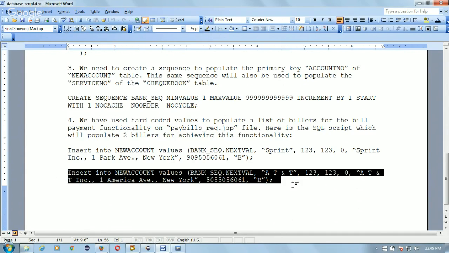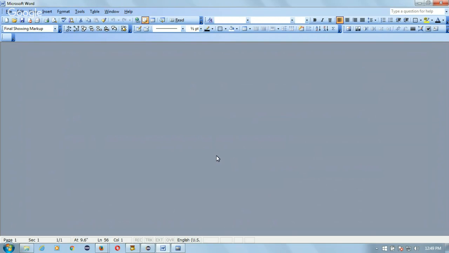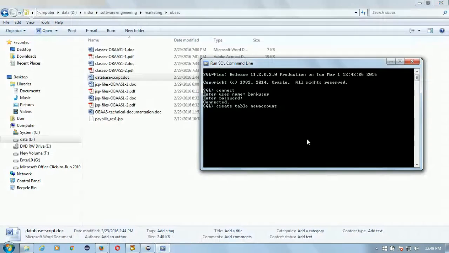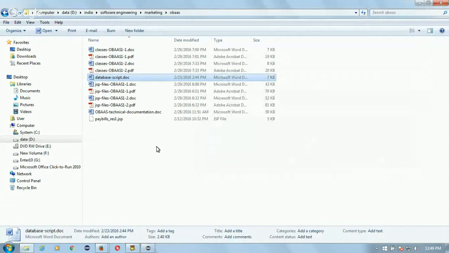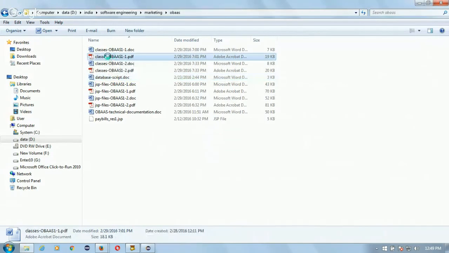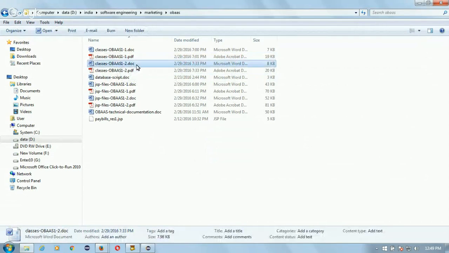Once you are done with your database tasks, you can move to the next task. So the next task is, now let me exit from here. I don't need the database now. The next task is, let us create classes. Today let me show you for OBAAS 1.2. So I will create OBAAS 1.2